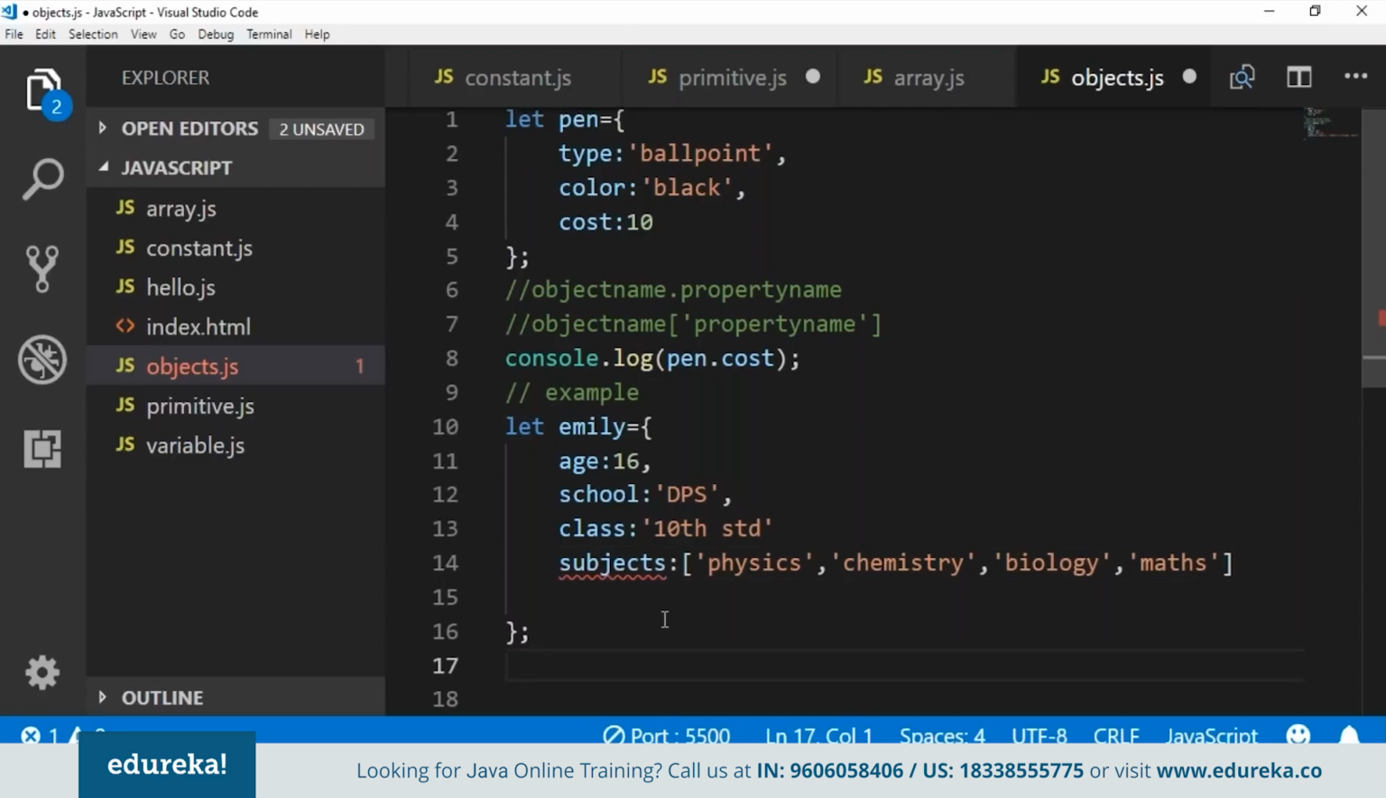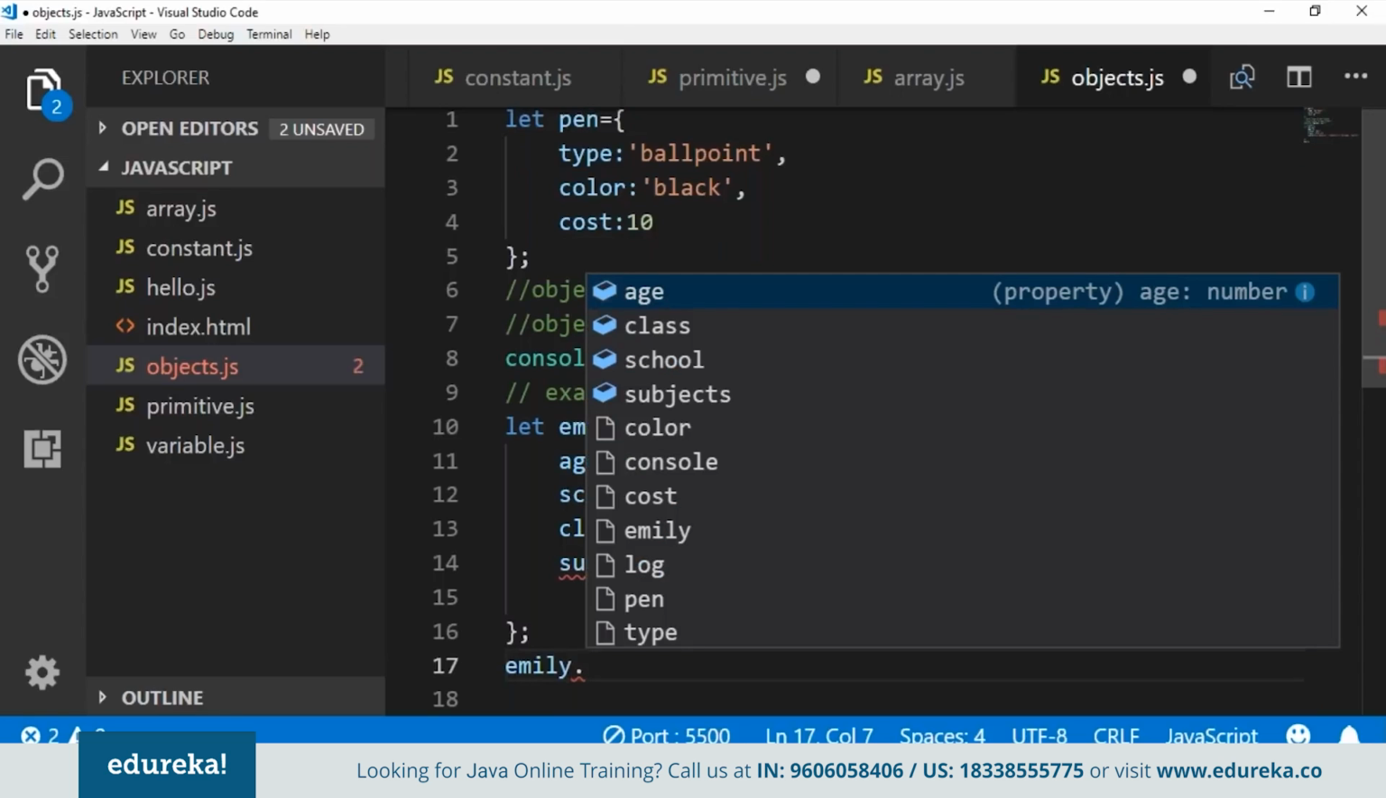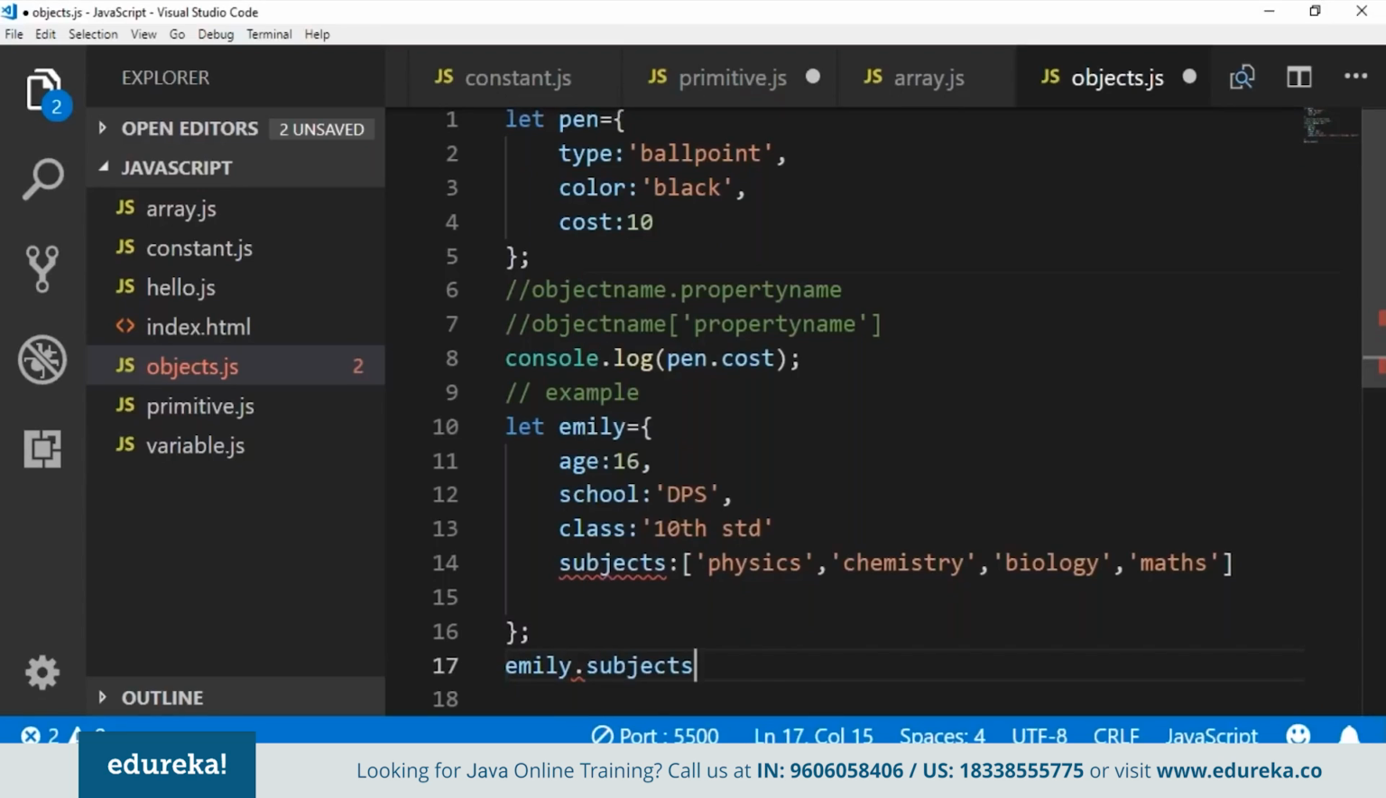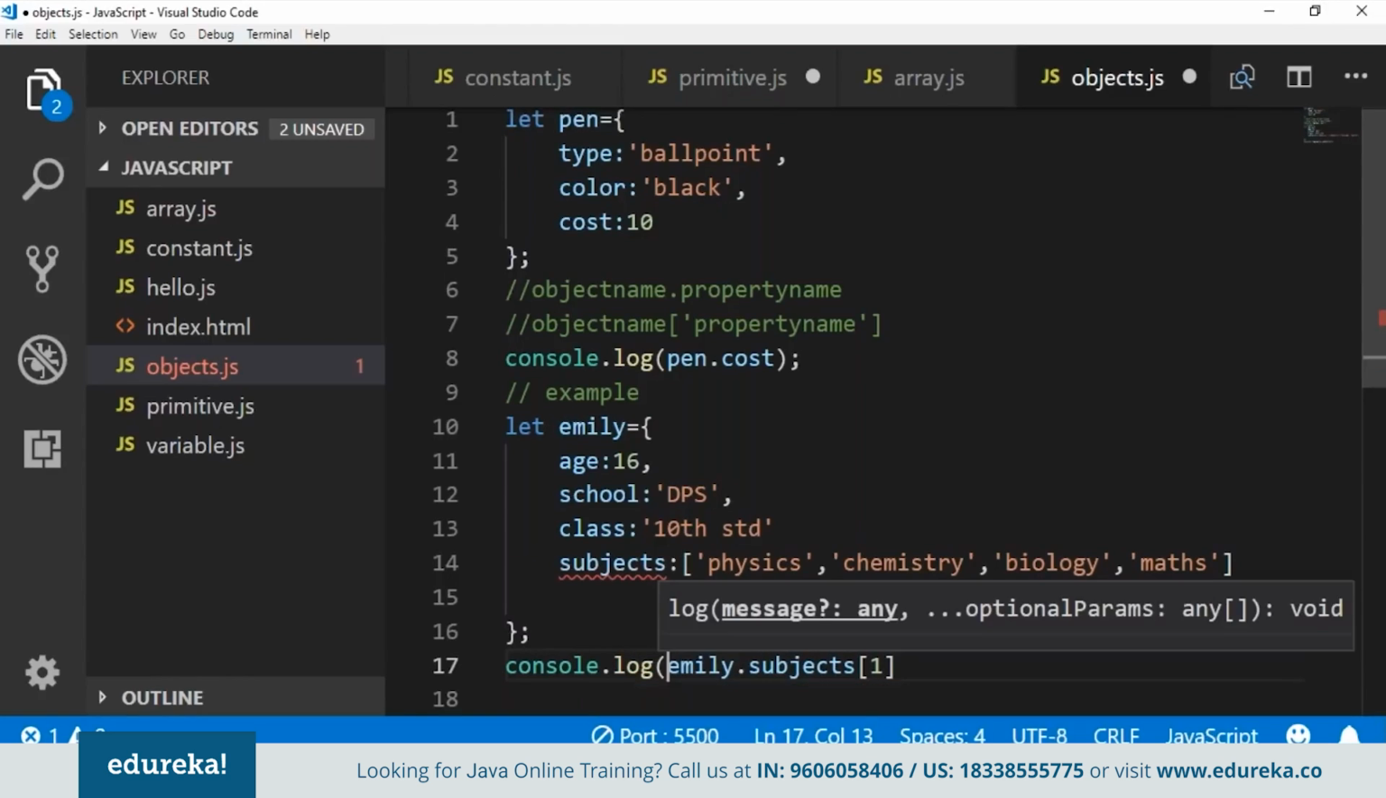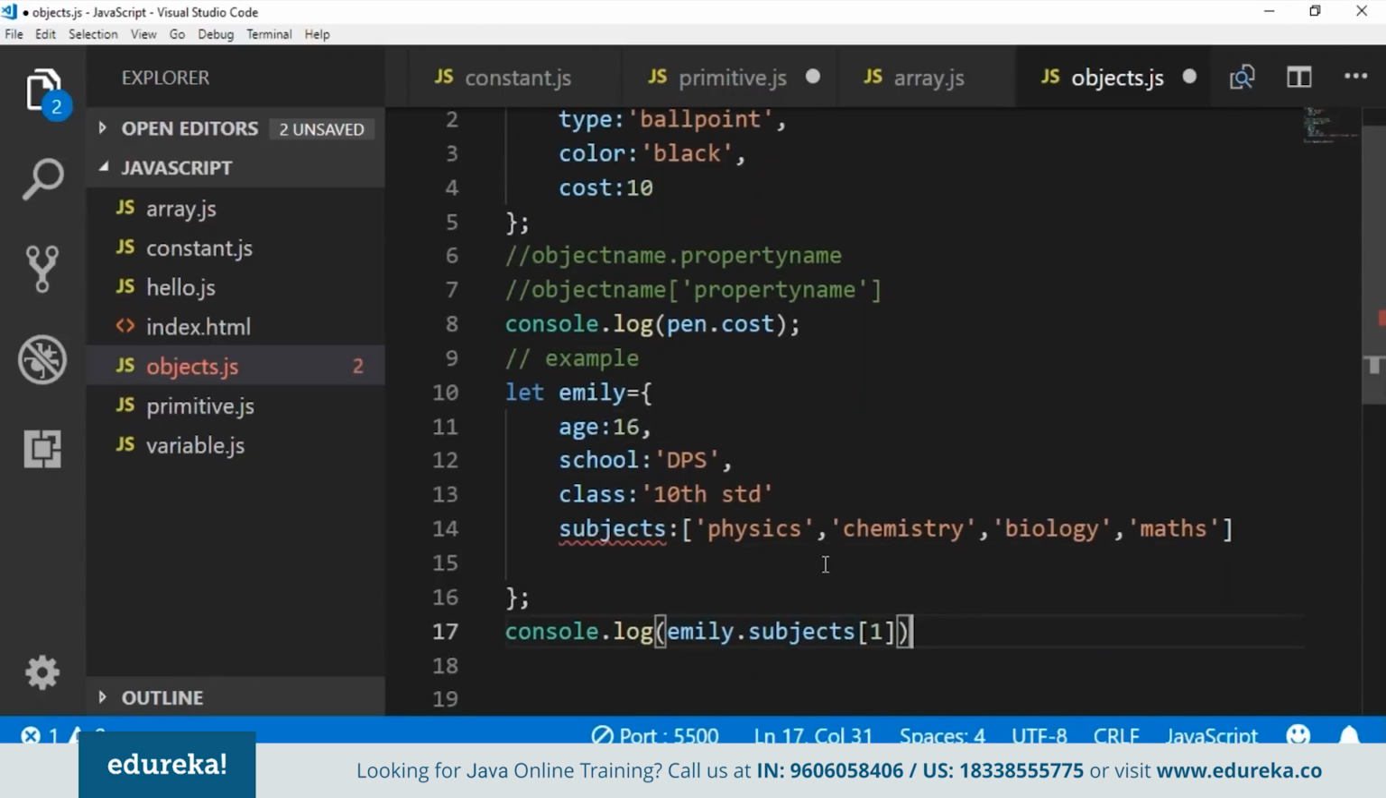So like I said, first you're going to write the object name, dot, the name of the property. Name of the property is subjects. Now this is an array element. So in subjects, we're going to access the second element. All right, the number of the second element would be 1. Now in order to display this, let's put it in this statement. Now save your file, open up